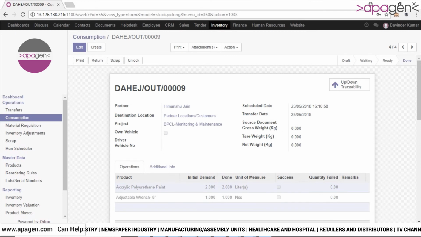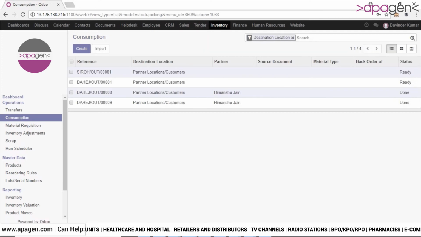This way the whole process of consumption will be completed, and the employee will be able to see all the status related to his consumption. For example, here both the consumptions are in done state because they have been validated by